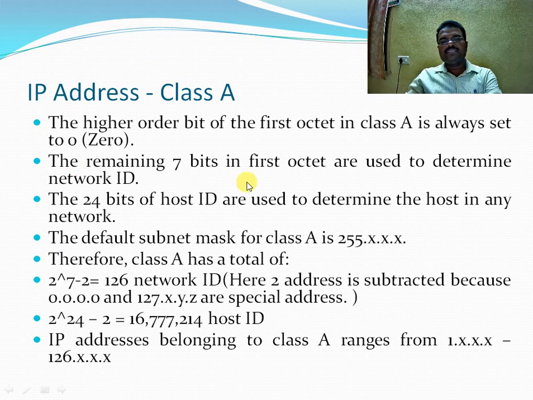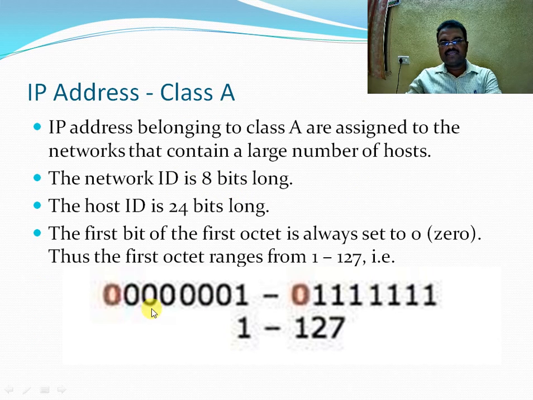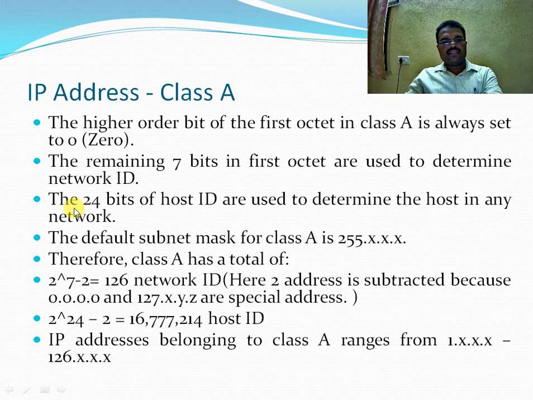The remaining 7 bits in the first octet are used to determine the network ID. The 24 bits of the host ID are used to determine the host in any network. The default subnet mask for class A is 255.x.x.x. Therefore, class A has a total of 2 to the power of 7 minus 2, which is 126